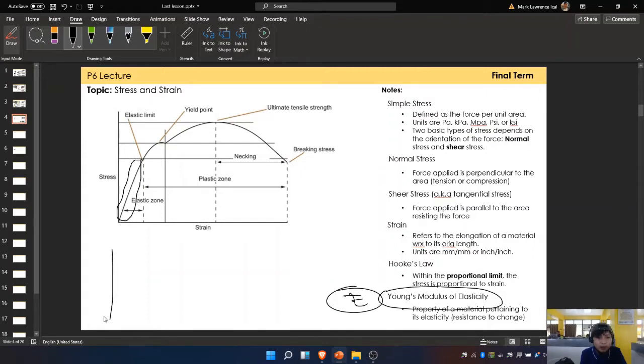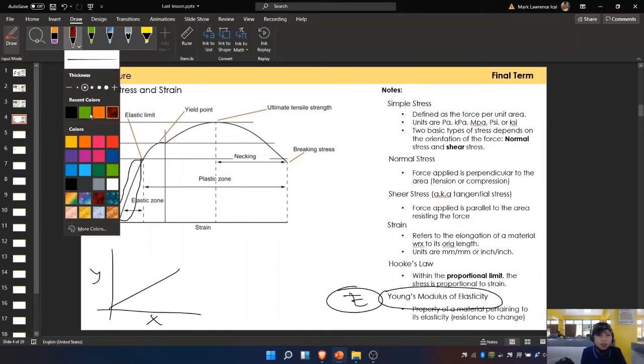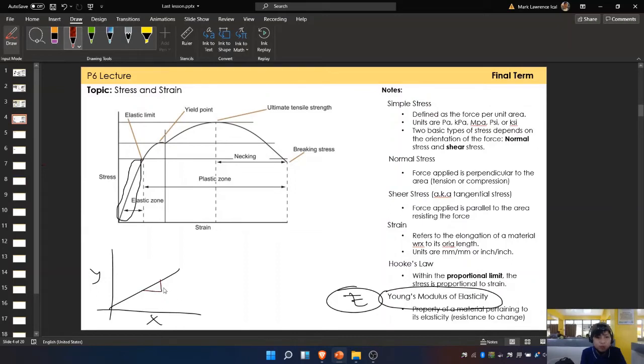So, kung i-draw ko yan, X and Y, straight line siya. So, it means to say, kung straight line siya, meron siyang slope. M is equals to delta Y over delta X. So, dito, the slope between the stress and the strain is equivalent to E. So, change in stress over change in strain, that's basically stress over strain, which is E. Okay? So, ito yung formula. So, ibig sabihin yung E na yan, that is a property of the material.